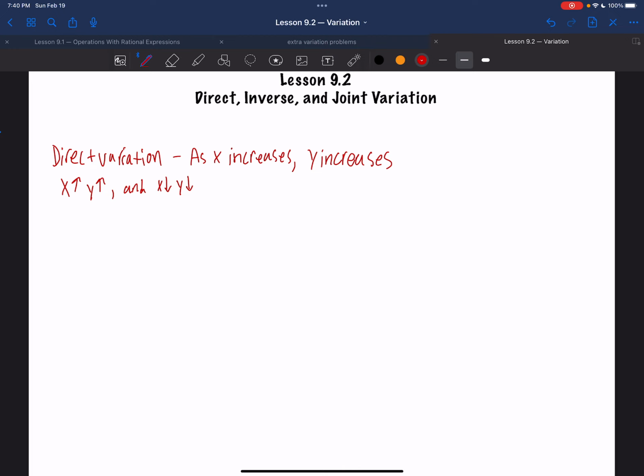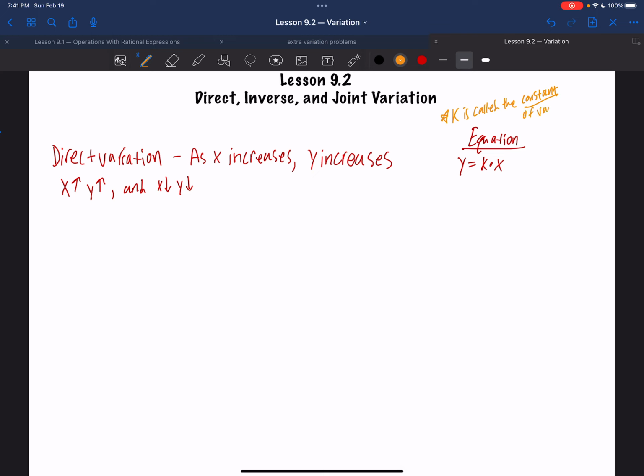Direct variation is covered in Algebra 1, but we're just going to cover it again here because it's pretty simple, pretty fast, and it goes with this stuff. So I am going to create a column here to the right. I'm going to say this is my equation. The equation for direct variation is y equals k times x, where k, and I'll put this in yellow, k is called the constant